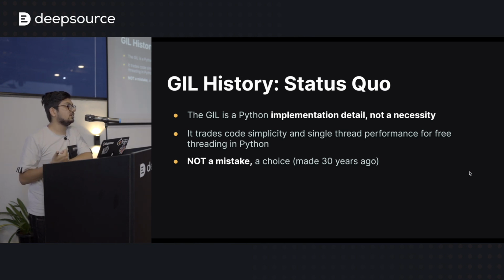So not only does it keep the implementation of Python fairly simple, it also keeps it fairly fast, because all the data structures that are written in the C interpreter, like all the objects, all the dictionaries, all the lists, they don't have to worry about being thread safe and doing a bunch of locking and unlocking. So we basically trade that with having a single thread that does not have to worry about locking at all.